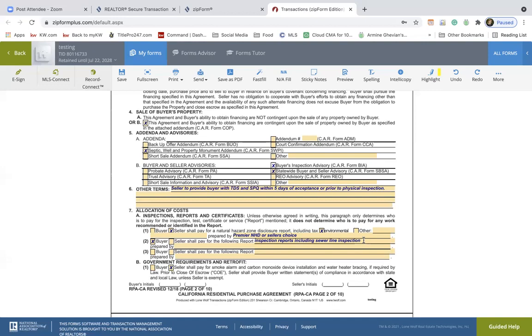During these 7 days, they need to contact the city that they're buying this property at, give the address and see if they can go ahead and do an ADU there. What about if the buyer wants to add a second floor? They need to go to the city and check to see if in this area they can add a second story to their house, because if they add a second story and it blocks the view on the hillside, it blocks the view of the house